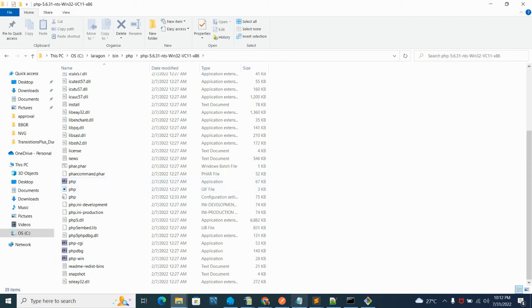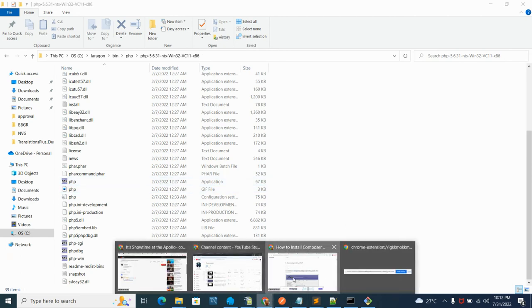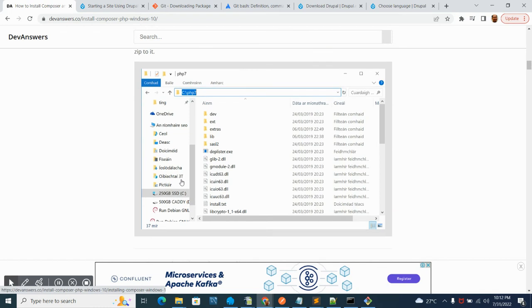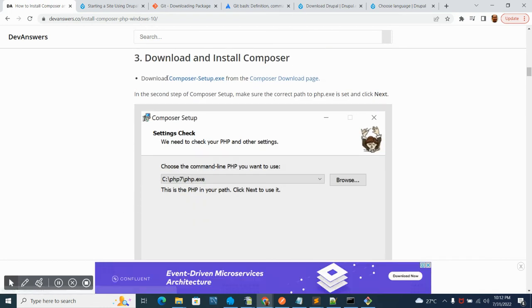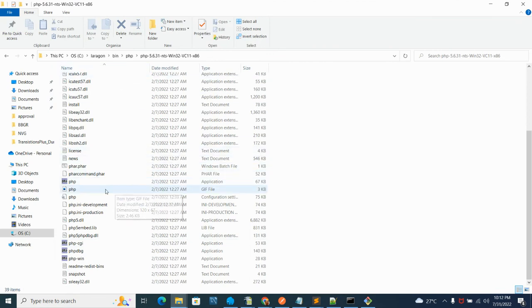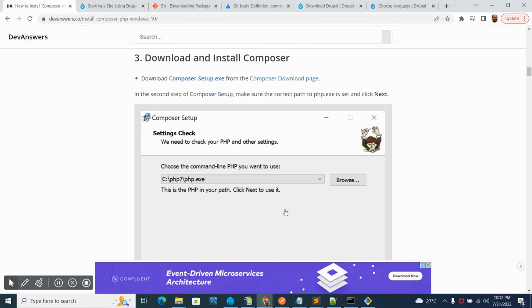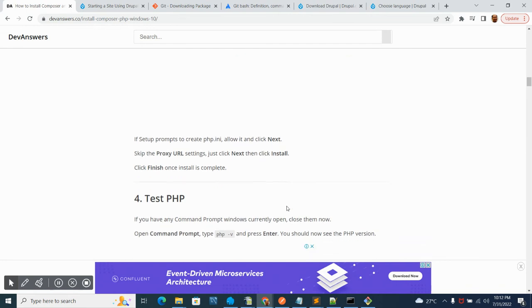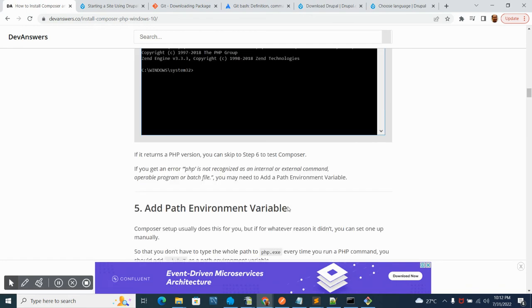So all you have to do on this part is skip this one and just go to download Composer-Setup.exe, and then on the choose command line PHP step you just have to browse inside Laragon and point it to the PHP application under the PHP version that you have. After that you will have to run composer install,